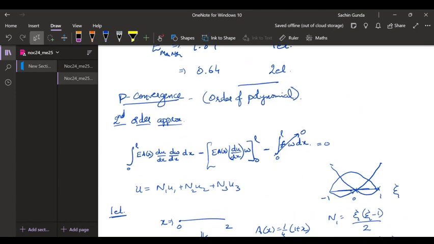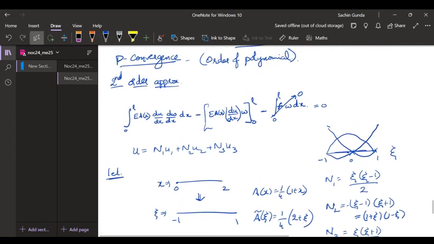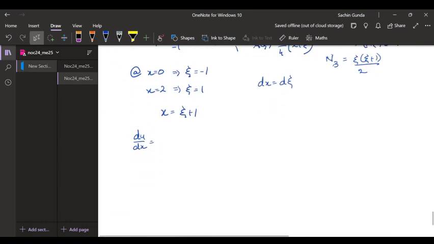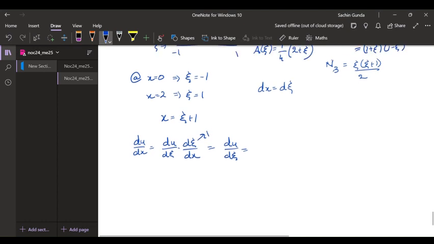You need an expression for du by dx. du by dx will be du by d zeta times d zeta by dx, which is 1 here. du by d zeta will be dN1 by d zeta u1 plus dN2 by d zeta